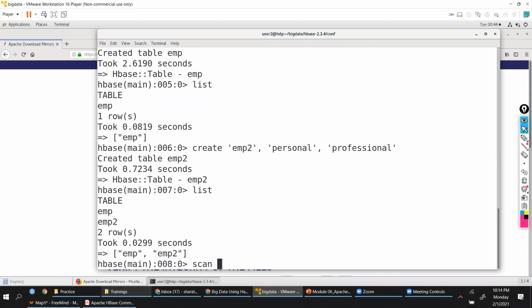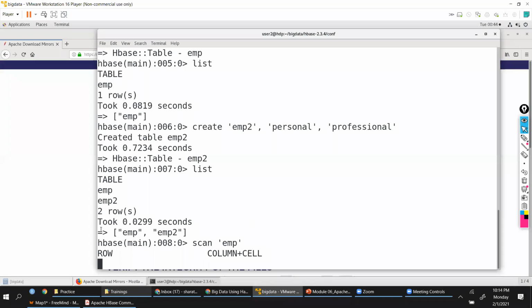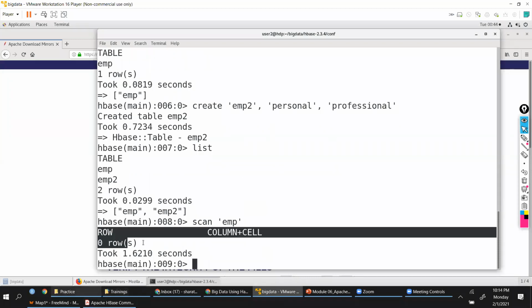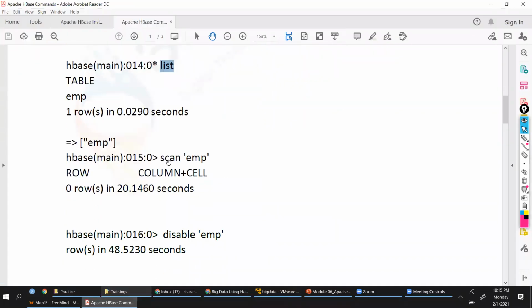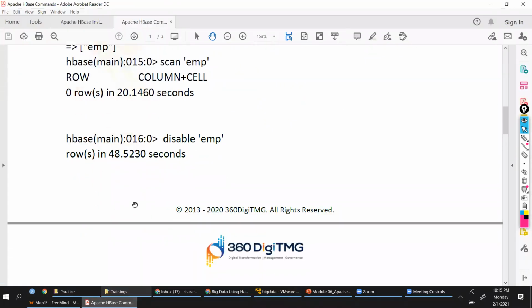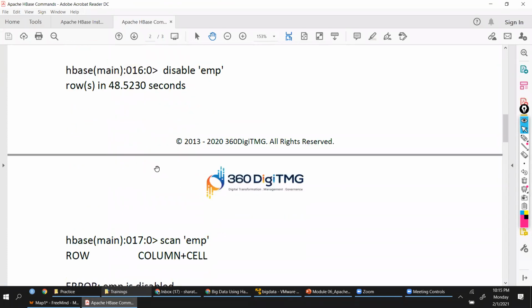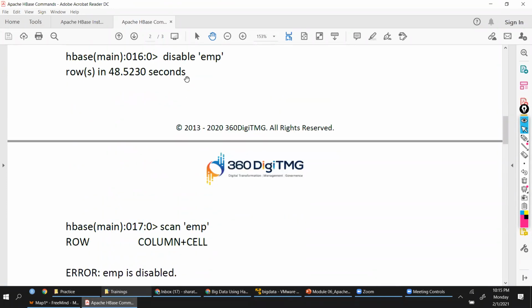Now, if I say scan emp, it talks about the content. I have 0 rows, right? So that's basically how it shows you the data. Now, there is this enabling and disabling of tables.